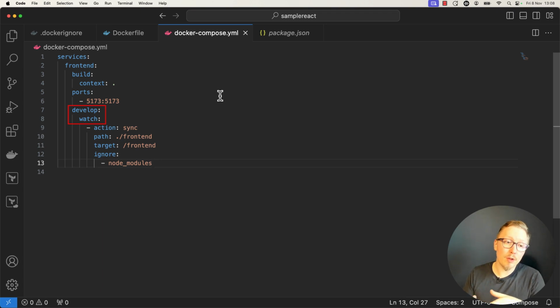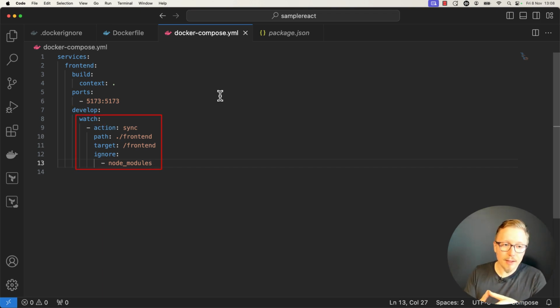Previously, before the watch functionality was available in Docker, you would have had to use a volume. You may be familiar with trying to map a volume, and you may or may not have experience doing it for a node project before. I've done it on a node project before, and it used to be quite a nightmare, because it wouldn't sync the files properly, it wouldn't trigger the reload properly, it would be inefficient and slow, and there are lots of issues with mapping a volume and using that to auto reload a node service in